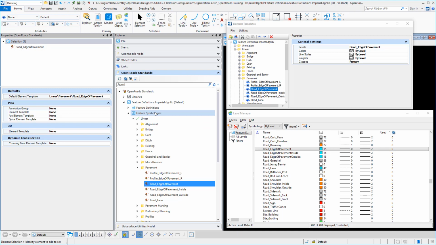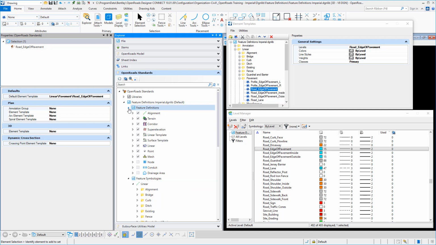We have then the feature symbology that's named road edge of pavement under the linear pavement road edge. That points to this linear template, which is shown here. And so the level is pointed to by the element template. The element template is pointed to by the feature symbologies. And then lastly, the feature definition,